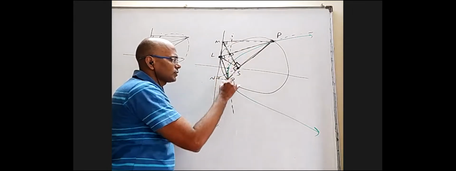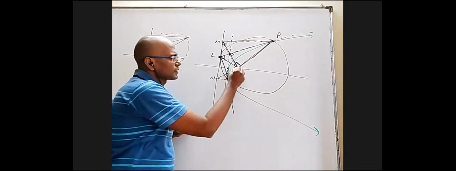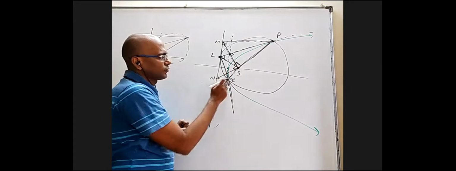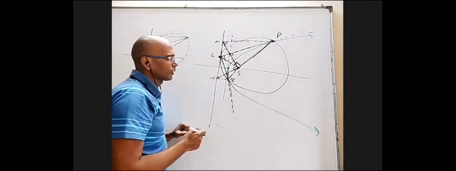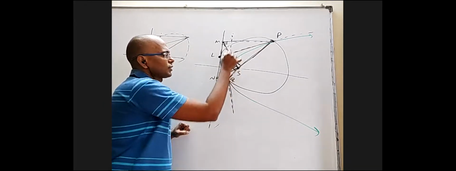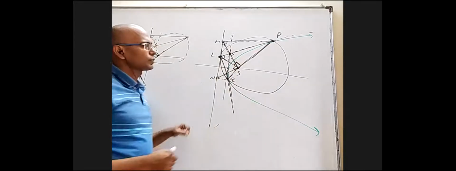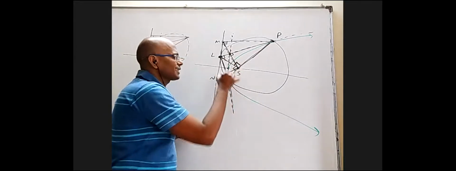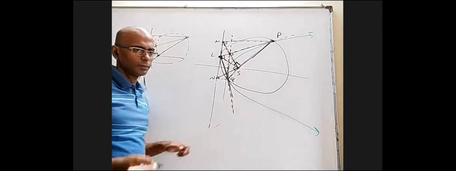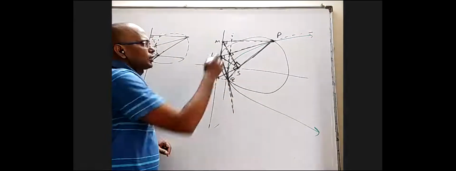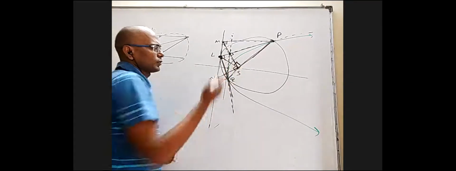Next, whatever you observed here, same thing you can observe here. This is another tangent. This and this are image of each other, where foot of Q is N. So image of N with respect to this tangent is S. Midpoint of these two is here, which is on tangent at vertex. Okay. That is also foot of focus on this tangent, where this tangent is also lying on tangent at vertex. Okay. So whatever you observe here, same thing you can observe here.